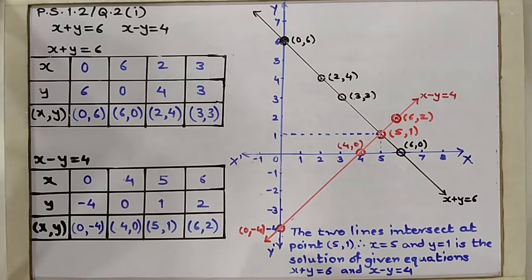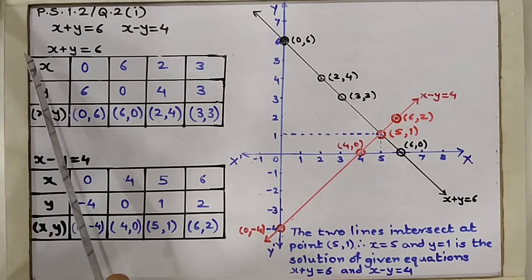To solve these equations by graphical method, we have to draw graph of these two equations on the same graph paper. As these equations are linear equations in two variables, therefore graph of this equation will represent straight line. To draw graph, we have to find 4 points such that they satisfy the equation and then plot them on graph paper. We'll see how this can be solved.